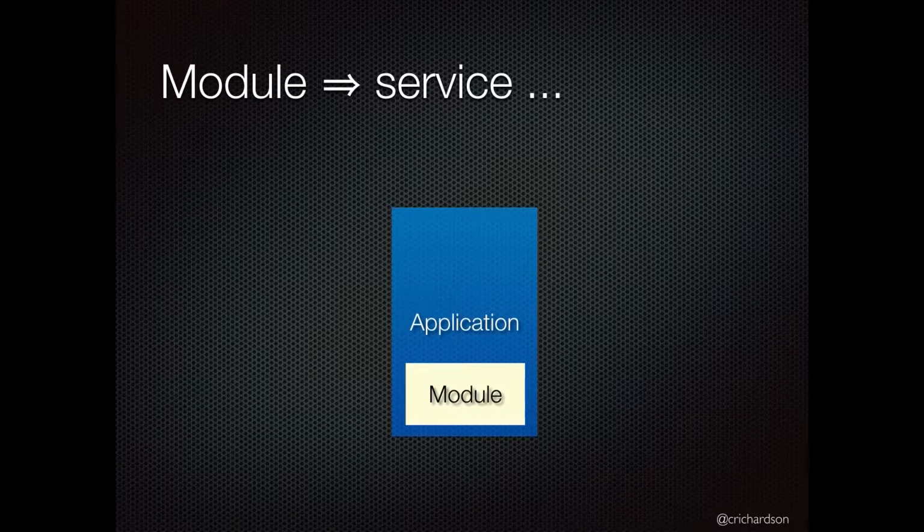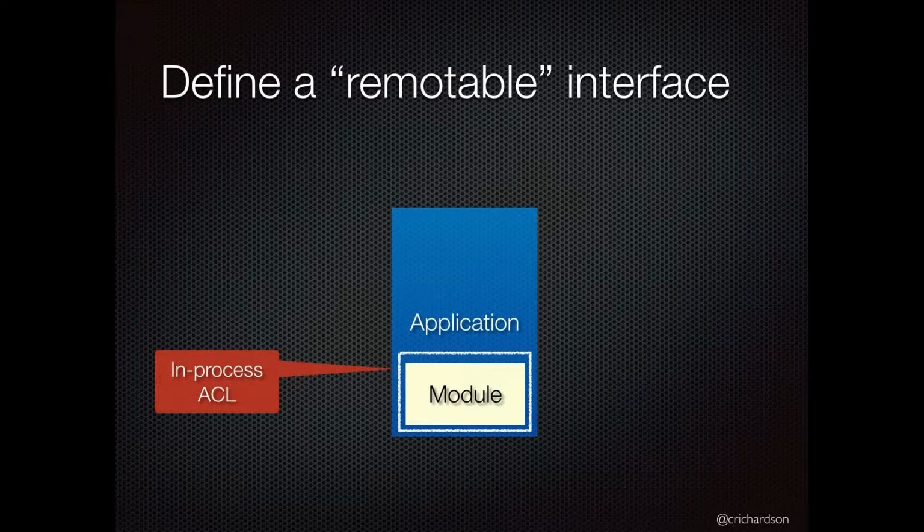In a little while, I'm going to describe some strategies for identifying and prioritizing the modules that you should extract. The first step in the extraction process is to define what you could call an in-process anti-corruption layer. What that means in practice is to identify and define a very well-defined interface between that module and the rest of the system. So it basically makes that interface remotable